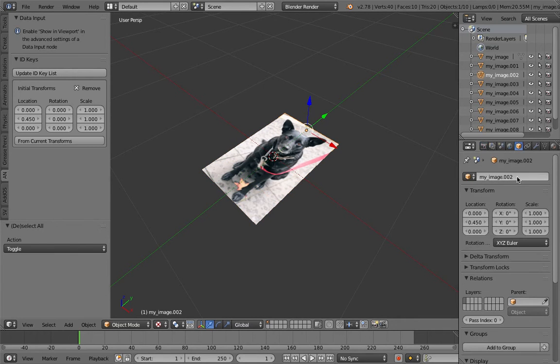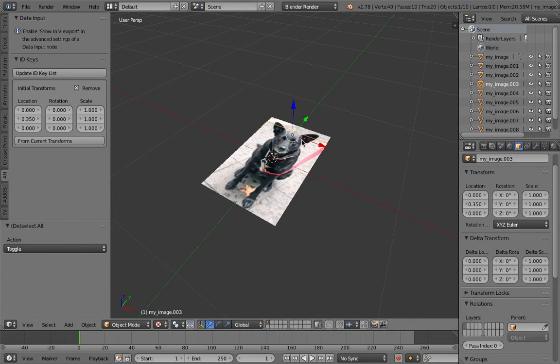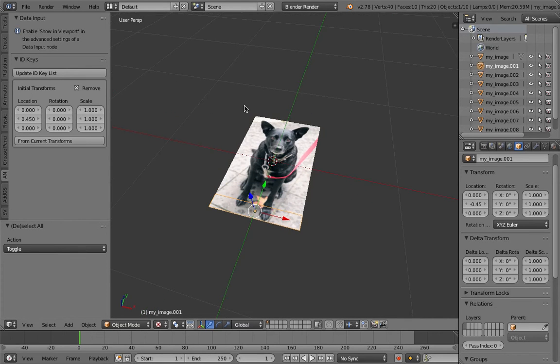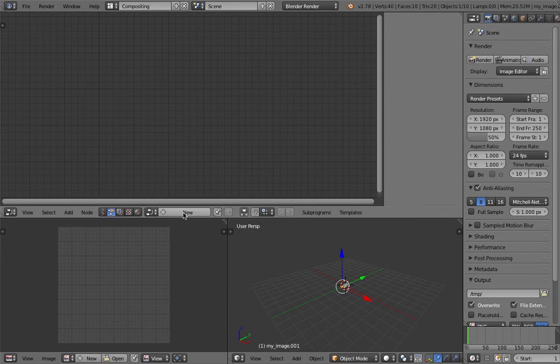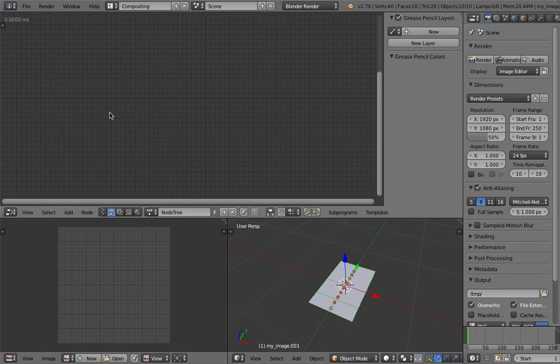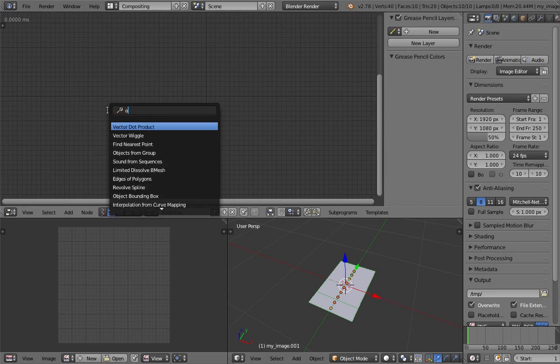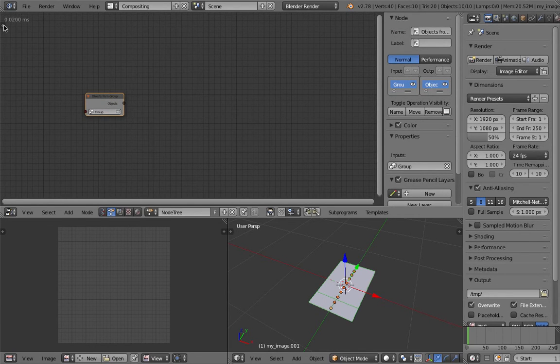So we store the original positions, and then the next thing we go to compositing, Animation Nodes, create a new node, and I'm gonna group this one, Control G, and this is to make it easier to organize. Get objects from group, and here